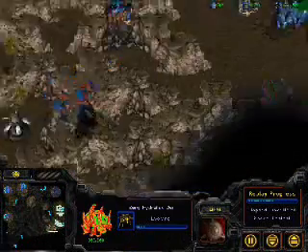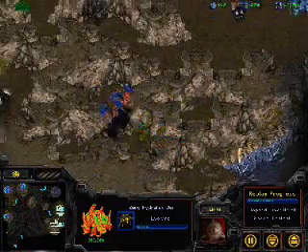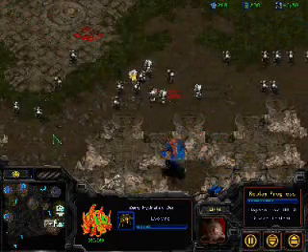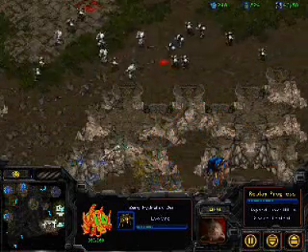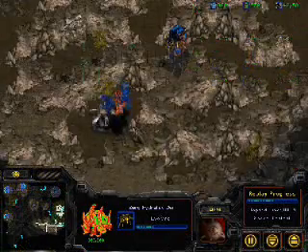Here we've got some lurkers being morphed from the Hydralisk Den, so I think that's a really good move by RedeemeR. Just get them as soon as possible, because once he's got some lurkers, he can definitely hold the 9 o'clock for sure. And we've got a huge group of Marines and Medics out from Advocate, and there's only one